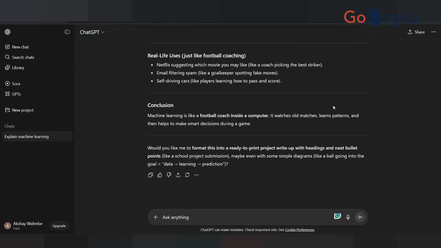See how far you can take it. If you can make it simpler, you can make it more complex. If you can generate an image out of it, see what more you can do. So play around with the context, add more context, reduce it, use fewer words if you want, and see how it works.